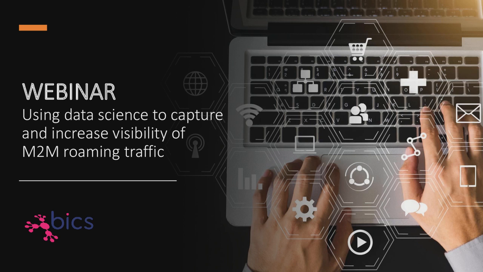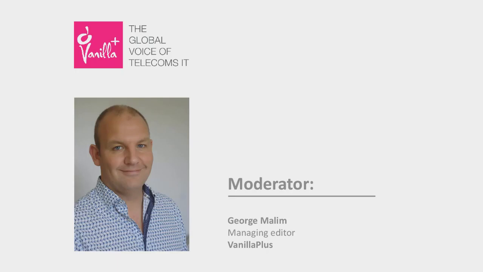The topic today is using data science to capture and increase visibility of M2M roaming traffic. It's easy to forget that roaming never stands still. Mobile operators are continually faced with new challenges that affect their ability to either grow their roaming business, scale their networks to meet roaming demand, or maintain the transparency and control needed to efficiently monetize their network assets. To handle more routine issues such as spikes in demand, surges of traffic from previously unaddressed markets, and other shifting patterns of traffic, operators need to use the data they have better to enable them to plan more effectively and react rapidly to the changing landscape.